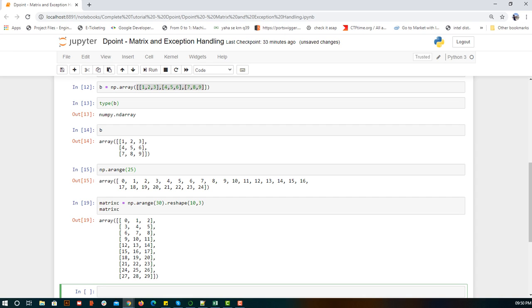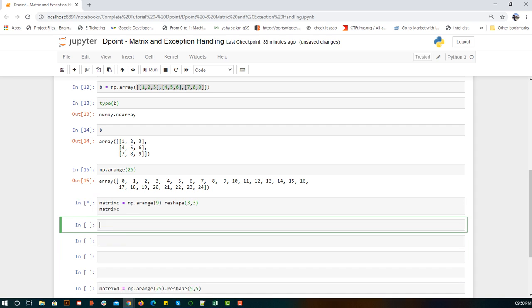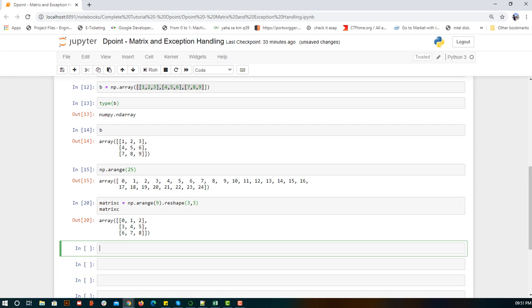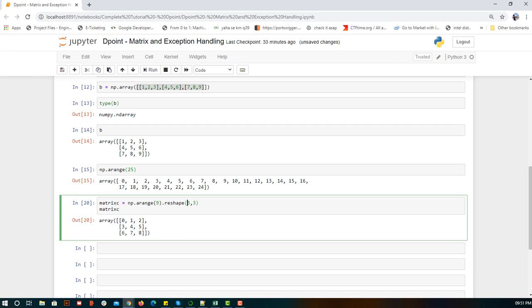For keeping it similar, we'll use 9 elements, and with 9 elements I can use 3 rows. I can give multiple things. I can give one more dimension called 1. You can try that, reshape like 3, 3 and more values so that we can have multiple dimensions. Since I have given only 2 values, it is 2 dimensions.